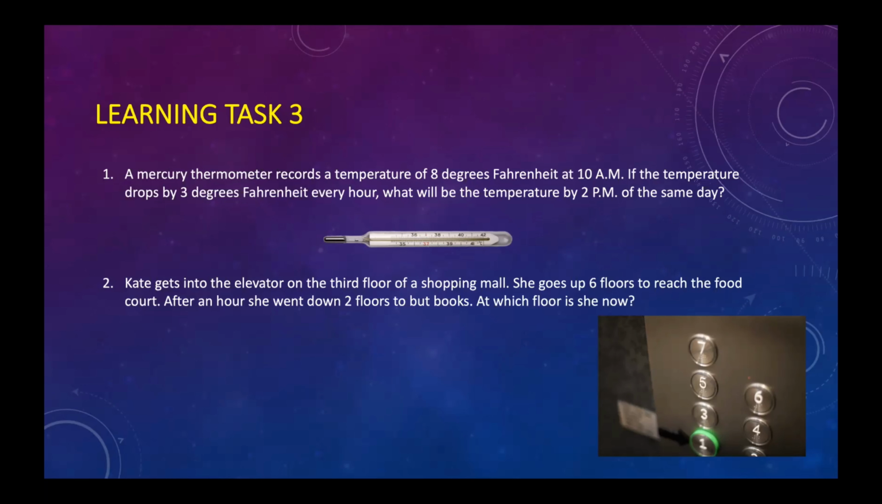Ang nakalagay dito is Kate gets into an elevator on the 3rd floor of a shopping mall. She goes up to the 6th floor to reach the food court. After an hour, she went down 2 floors to buy books. At which floor is she now? So, ang gagawin nyo naman dyan is vertical number line para malaman nyo kung ano yung sagot. So, for number 1 is